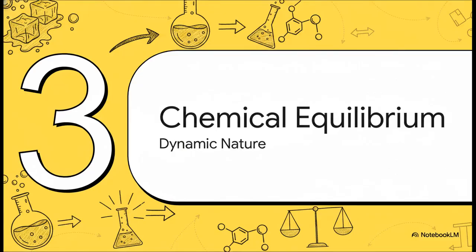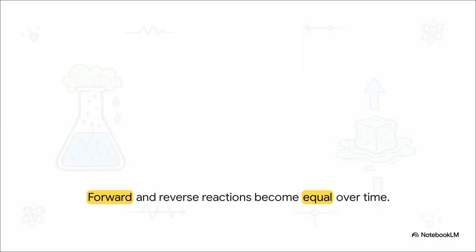Which brings us to section 3, dynamic chemical equilibrium. Now we are shifting from physical changes to chemical reactions, where things get a bit more abstract, but honestly, just as fascinating. What's really interesting about this slide is how perfectly it visualizes the concept. Imagine a reaction where reactants A and B turn into products C and D. At time 0, you only have A and B. That's the curve starting high up on the y-axis.